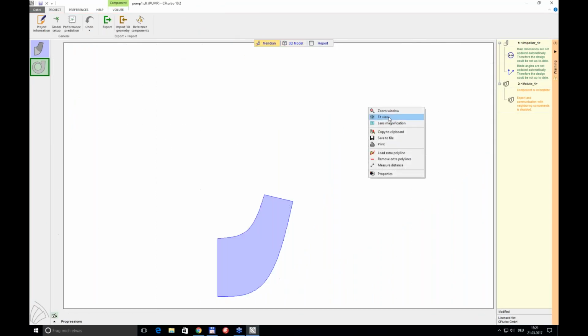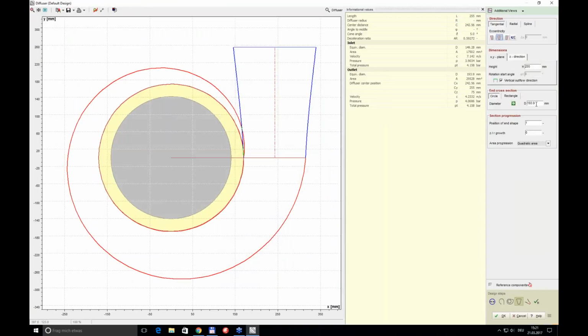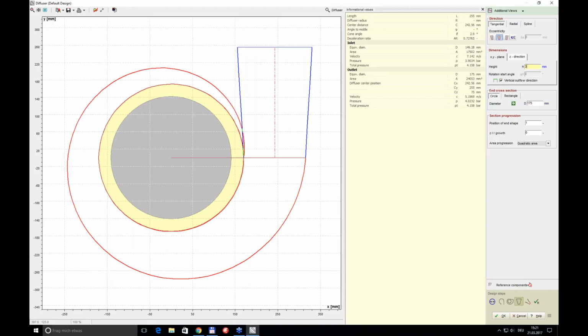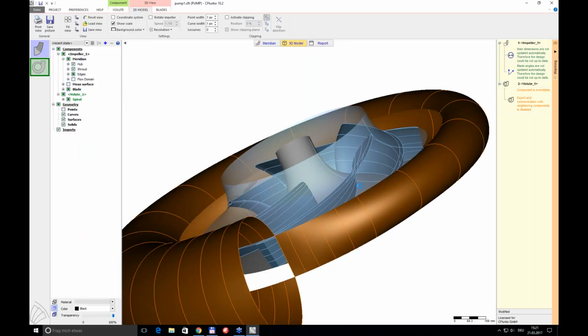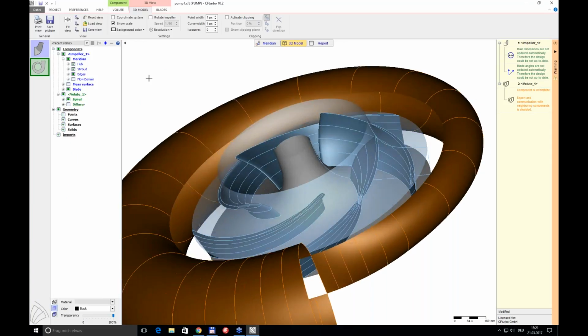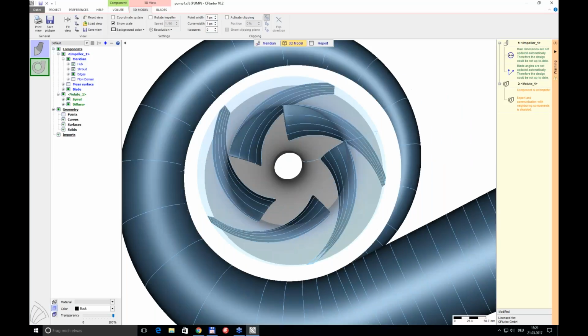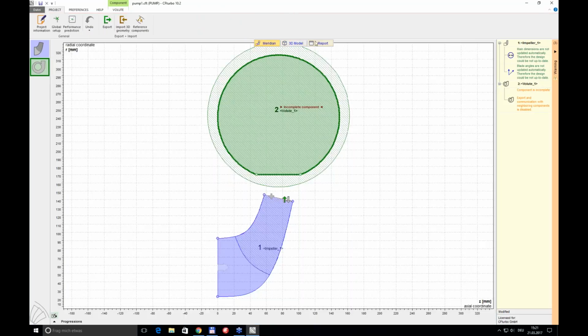Going back to the meridional view, make a fit, put a diffuser on it with a certain outlet diameter and a certain height, for instance 300 millimeter. It's very simple, and in 3D it looks like that now. The only thing that is missing is the cutwater here, and that's the very last design step for